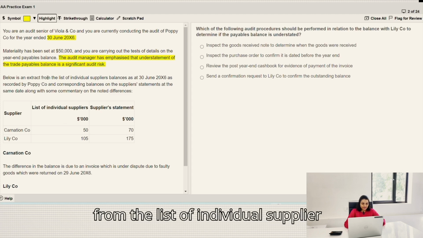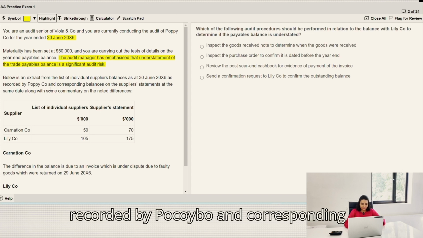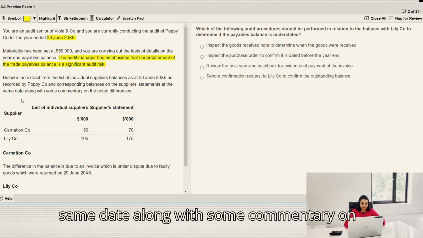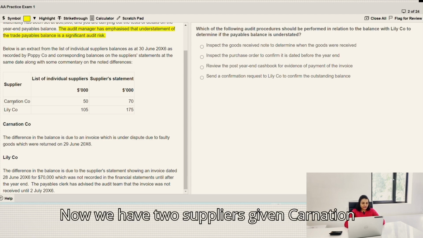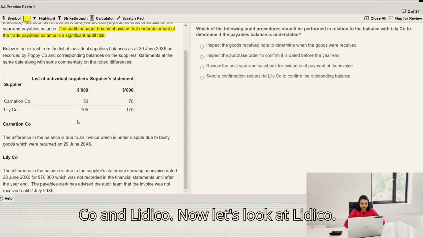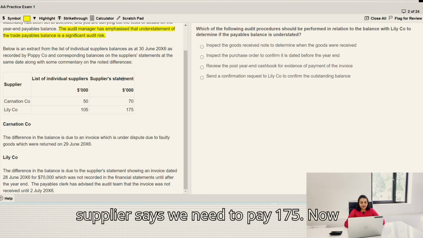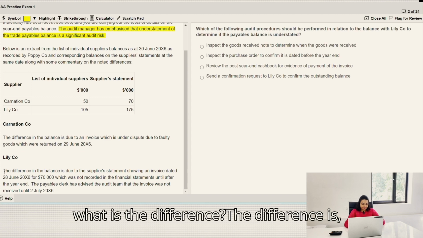Below is the extract from the list of individual supplier balances as at 30th June 2016 as recorded by Popoico, and the corresponding balance on the supplier statement at the same date along with some commentary on the noted difference. Now we have two suppliers given, Carnation Co and Lilico. Now let's look at Lilico. So our balance is 105, but the supplier says we need to pay 175. Now what is the difference? The difference